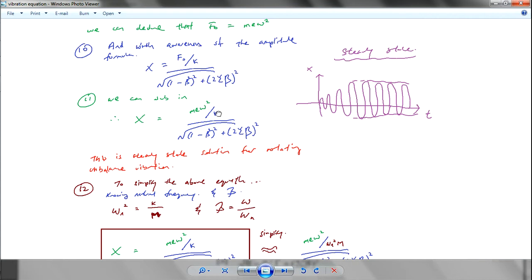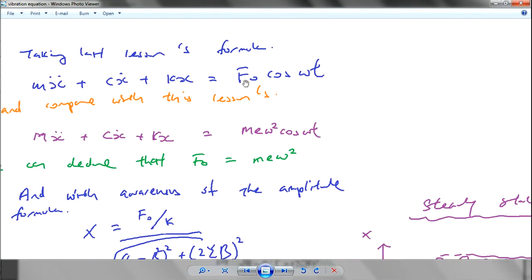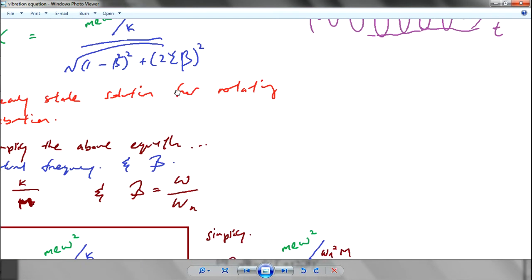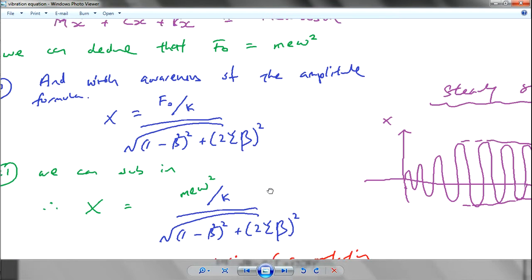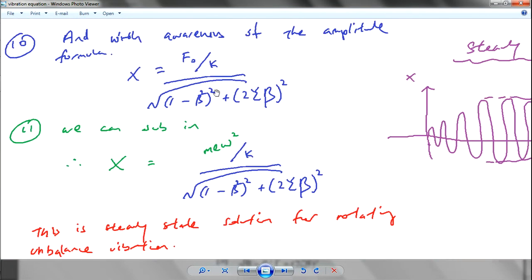We assume certain stuff also, and nonetheless saying that F naught is equal to M E omega squared. So this equation you have to memorize. This will not be given to you. If you know this one, you can just straight away sub into the last week's forced vibration equation,